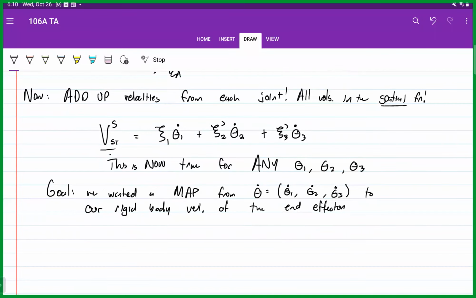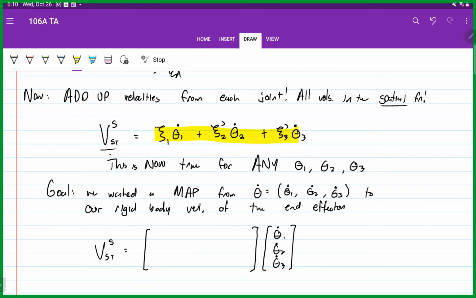Okay. So how are we going to write that out? Well, we have V_s of the end effector equals some matrix times our vector of joint angles, theta 1 dot, theta 2 dot, and theta 3 dot. Remember, when we perform this multiplication, each of these theta dots is scaling a column of the matrix. So if we look at this formula that we had up here,